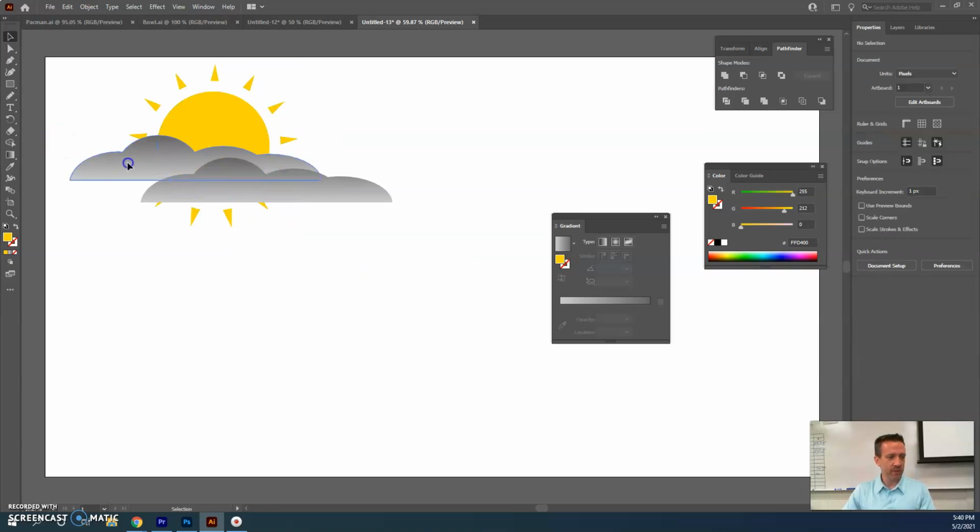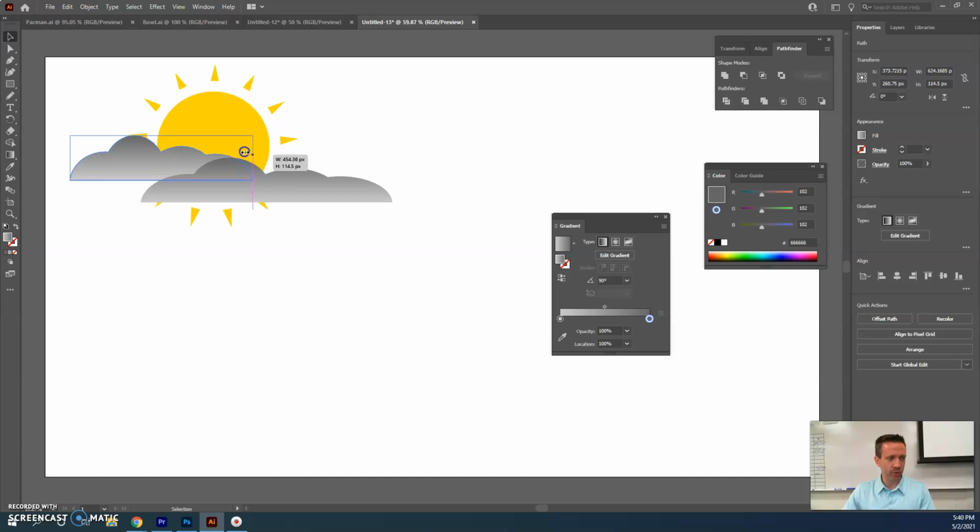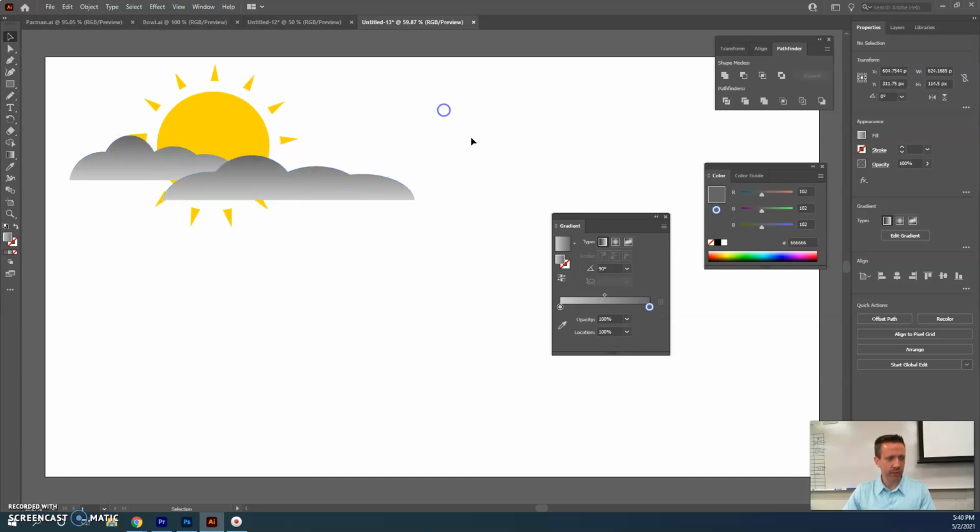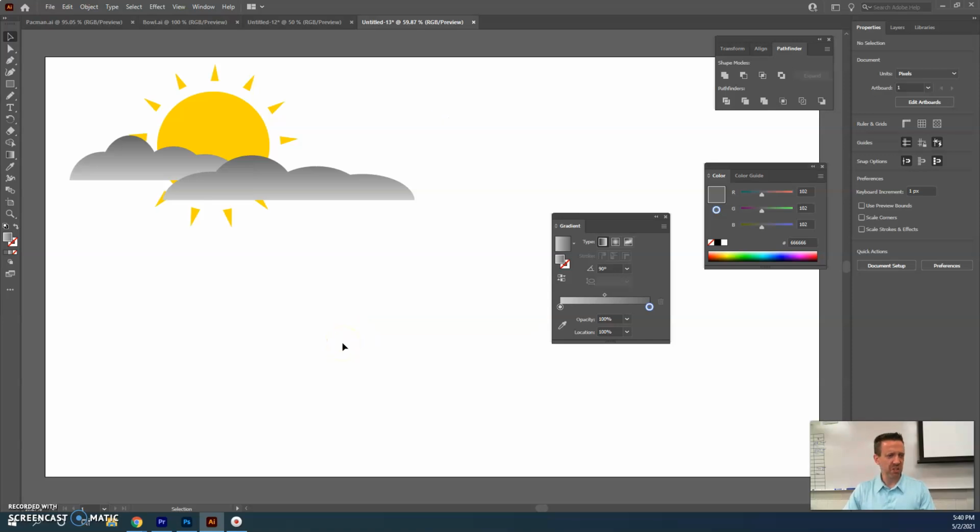All right, and maybe we take this cloud though and make it a little bit shorter. So it just looks like a smaller cloud, maybe a little further away. And bring this one up. All right, that's pretty good. I like that. All right. So there you go. And you could do other things, like we could now add, let's say we want to